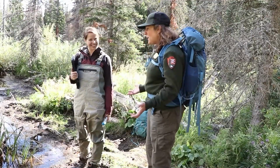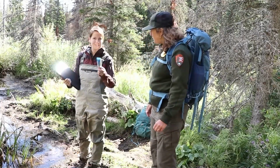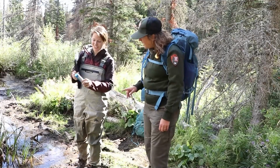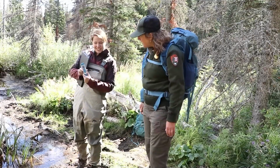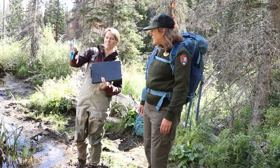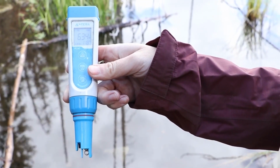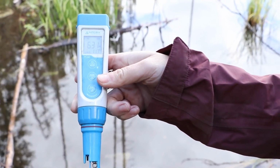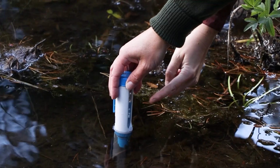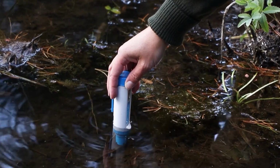Great. So what are you doing right now? Well, I just got here, so perfect timing. The first thing we do is measure water quality at all of our sites. Okay, is that like a thermometer you're holding? Yeah, or, so this is our pH meter. Oh, pH. It's a nice little cylindrical meter that's really easy to just insert right into the water. It's got a little probe down at the bottom, this little circular piece. Cool. She demonstrates. So we can just stick it right in the water and it gives us the temperature, the